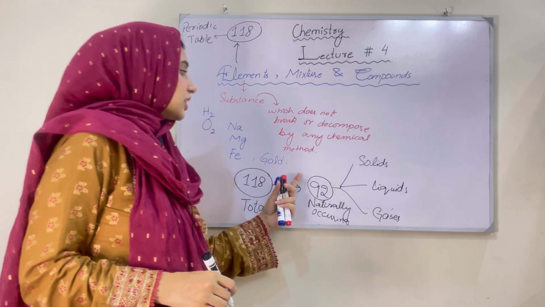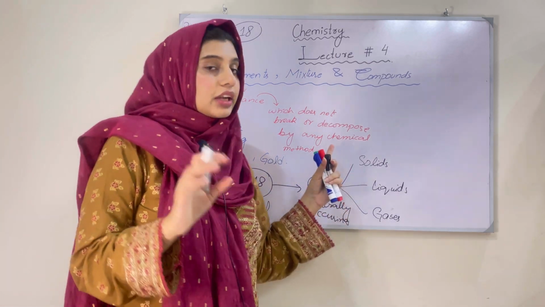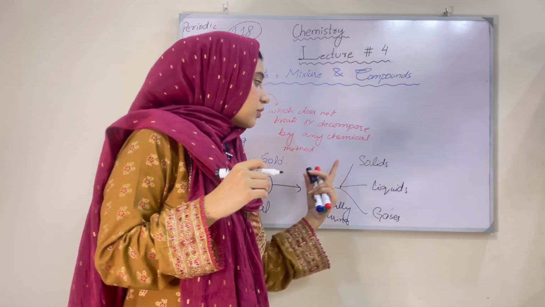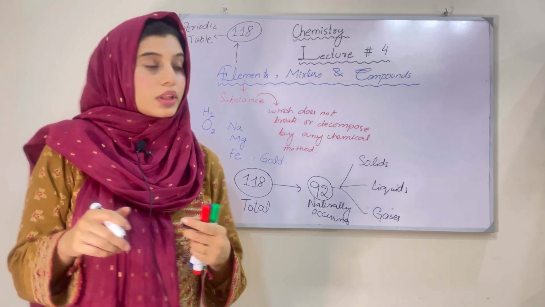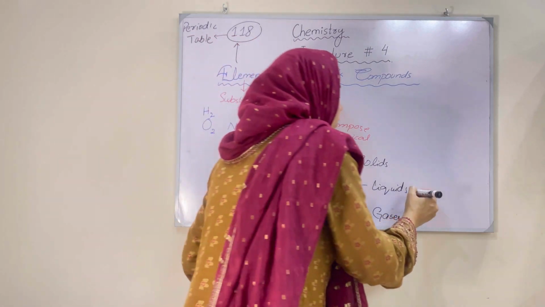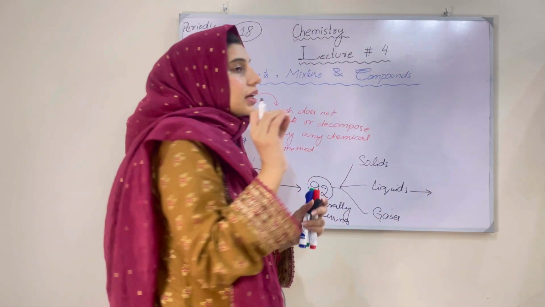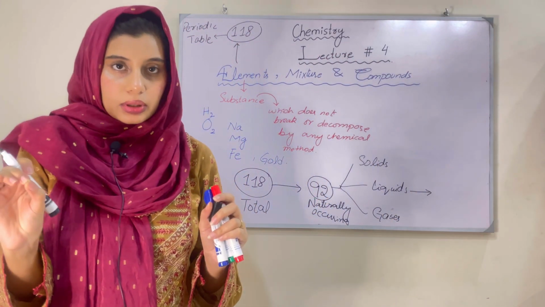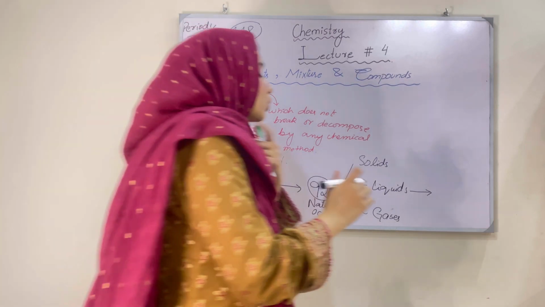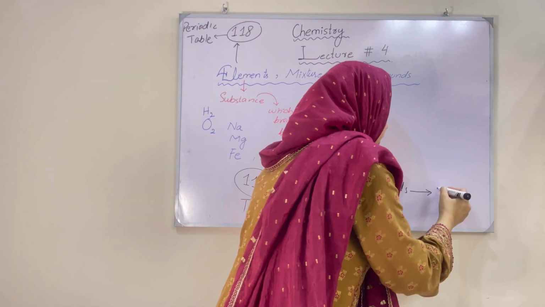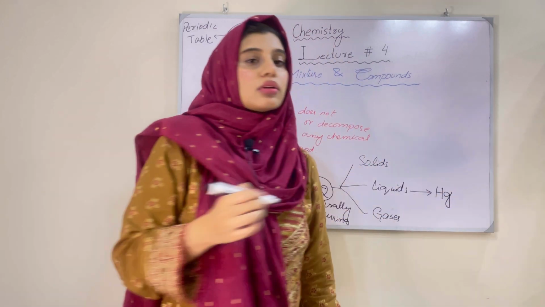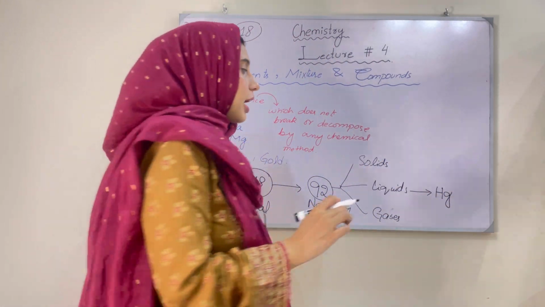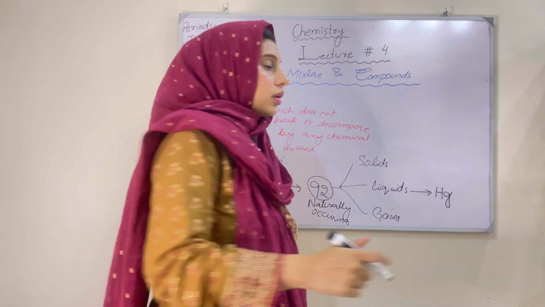Out of 92 elements, we have different elements in solid state, then liquid elements, and then gases. We have a total of 2 liquid elements in our periodic table: Hg, which is the symbol of mercury, and bromine,